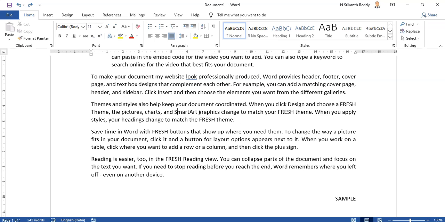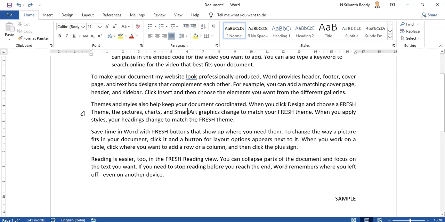Next, after Control T, Control U. Control U is for underline. If I press Control U right now, you can see an underline there. Normally what we do is go to the ribbon, and under the font section there is a button called underline. You can see the shortcut there, Control U. Press that, and your underline is done. Instead of going there and pressing the button, we use Control U for underline.